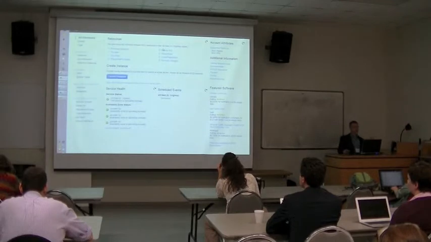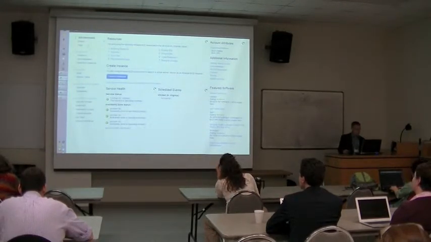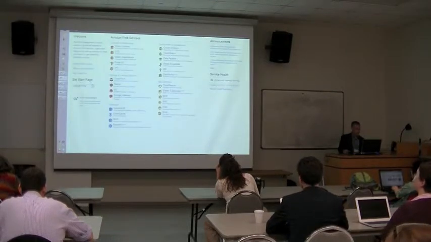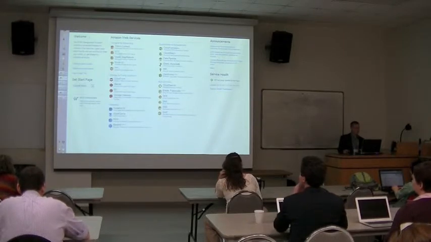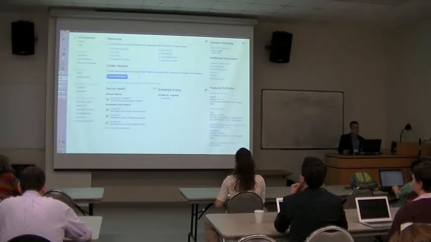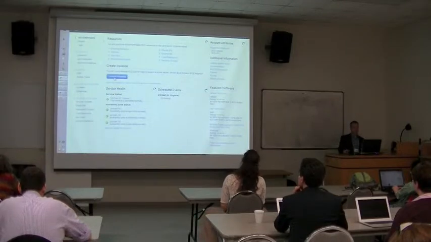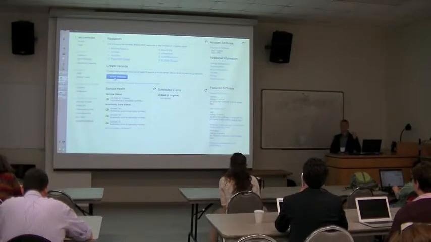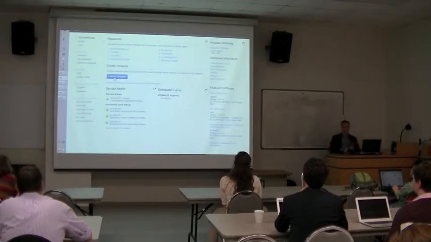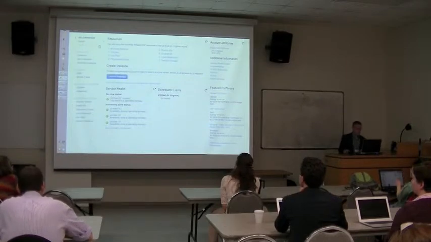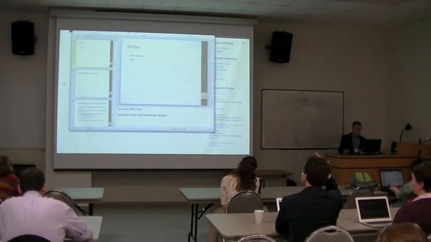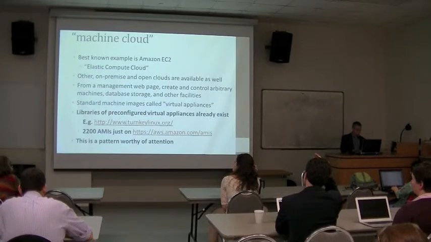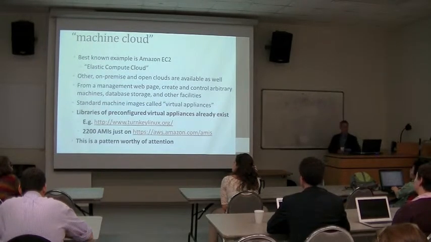So this is the control panel for an Amazon EC2 account, and you can see in here, this is just the EC2 part. If I go back one, these are all the different Amazon services that run in the cloud. You can acquire or create versions of these. And in here, if I wanted to launch another machine, I click this one button, and I'm launching a server. It's as simple as that. It's a server that's based on an image that's well known. I don't need to go in there and install anything. And I can do all this other operational stuff straight through this page. So that's kind of nice, and I have some links down here.